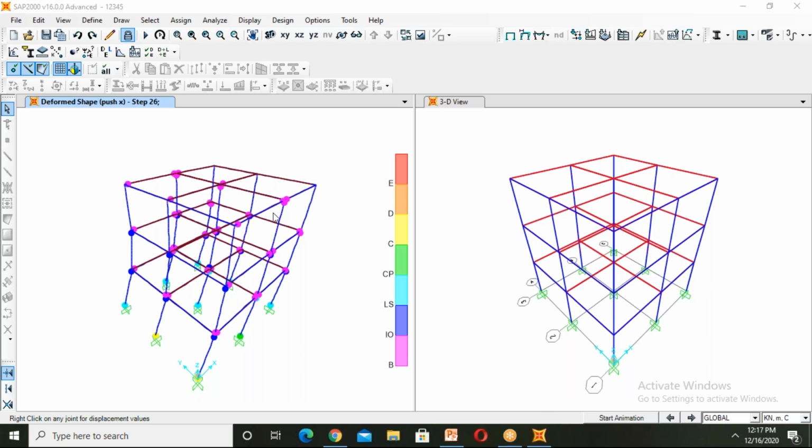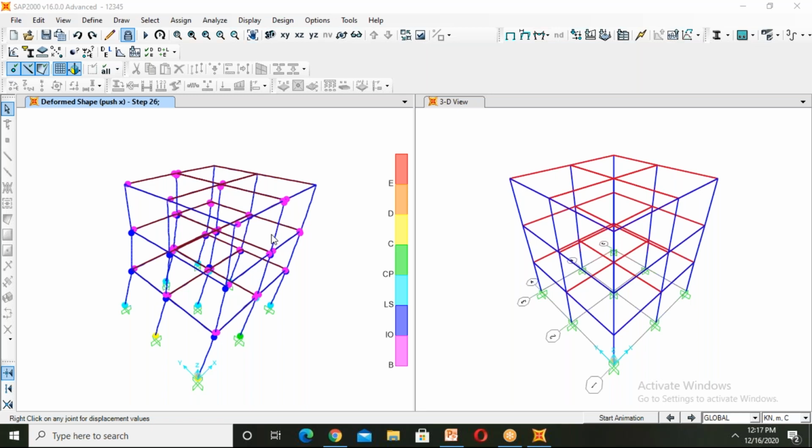With ETABS, using SAP 2000, we can also do pushover. We can do time history analysis in SAP also.